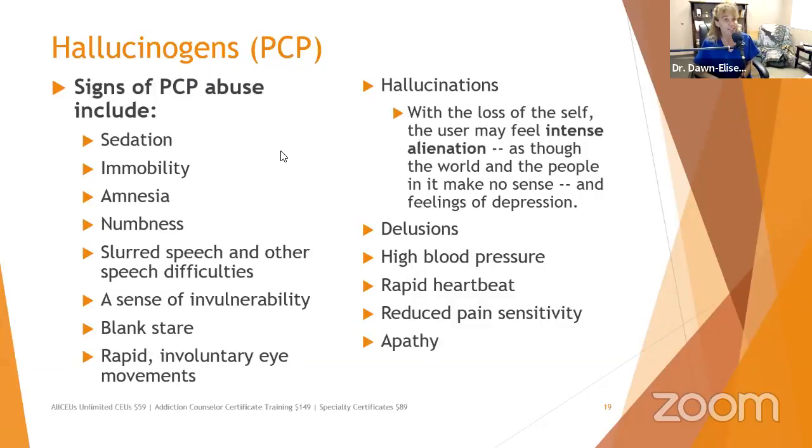Rarely, if ever, I don't think I've ever had a client who has been primarily a hallucinogen abuser who's been self-medicating anything. A lot of times the hallucinogen use starts out recreationally and continues somewhat recreationally. That's not to say it doesn't happen, but just kind of being aware of why your client is using will help you develop a more effective relapse prevention plan.